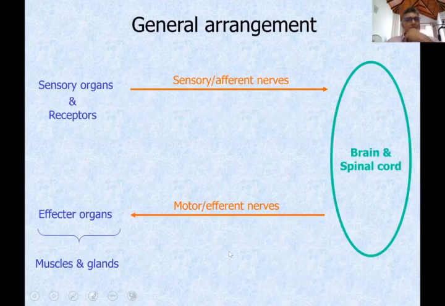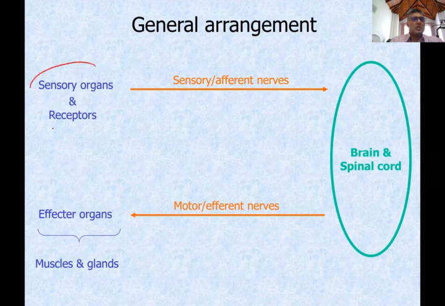Now, this is how you can summarize the nervous system, the general arrangement of the nervous system. Okay. Now you have the sensory organs and receptors on one side. So when you say sensory organs, eye, ear, the nasal mucosa, the olfactory mucosa, the taste buds of the tongue and all that. So you have either sensory organs, or if they are not at the level of organs, you can just have sensory receptors, like